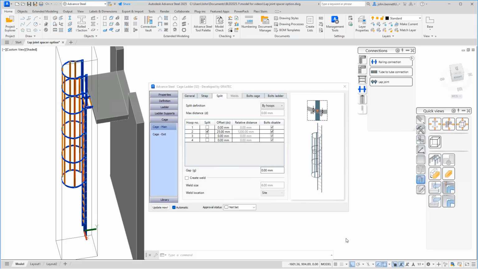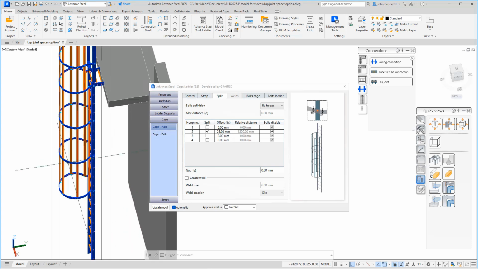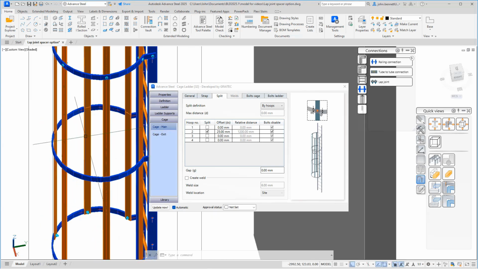So welcome to this session, and we're just going to be taking a look at the improvements we've made to the lap joint so that it will work in the context of a cage ladder, and in particular within the cage itself. So we introduced the ability to split the cage straps here, and you can see that obviously has been interacted already here, and under the strap we have the two straps there, and we have the split set